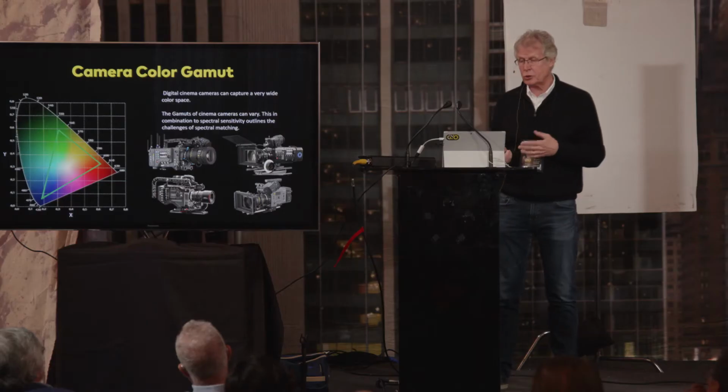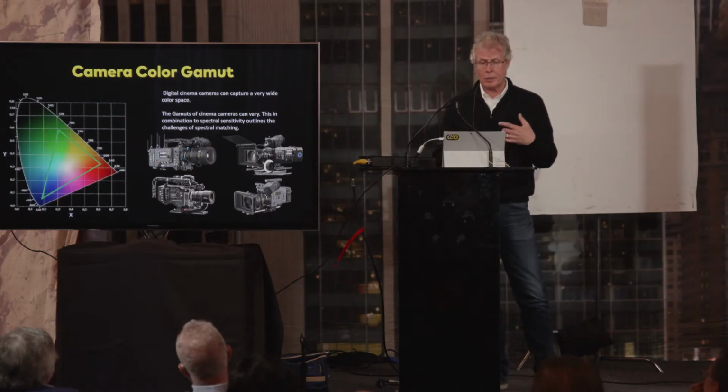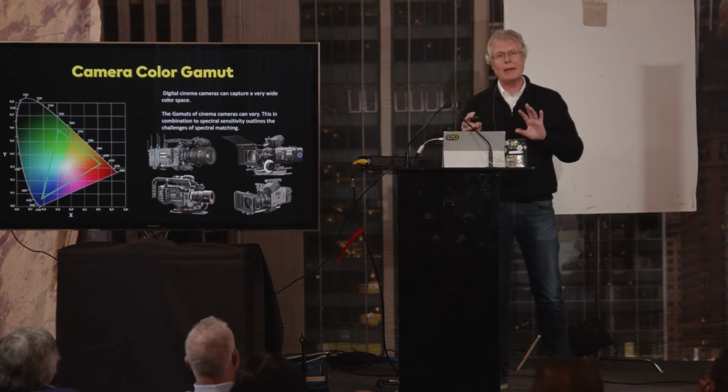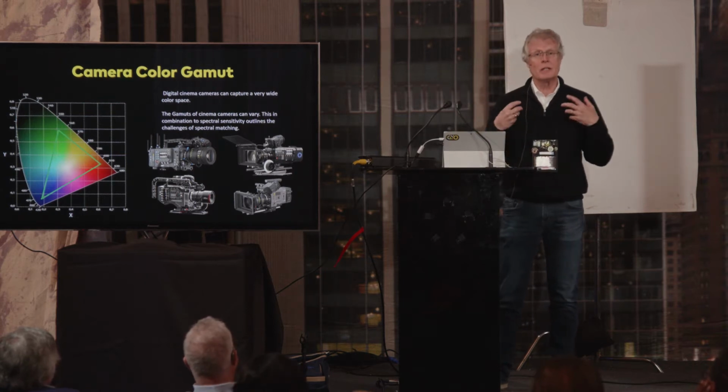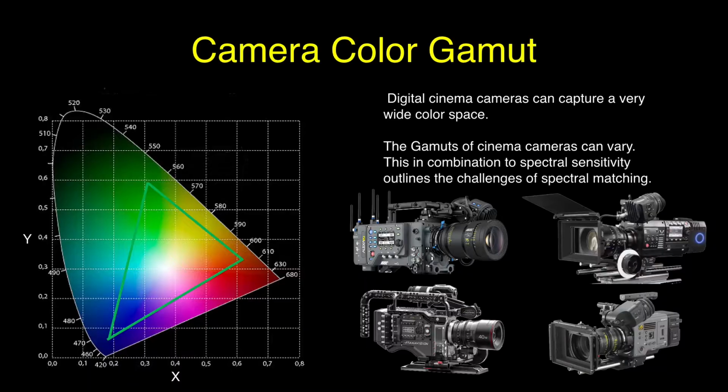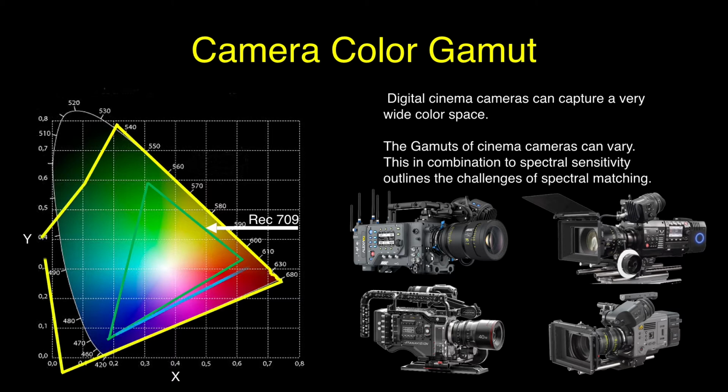So we've modeled about 16 cinema cameras, and of the 4 that we have displayed here, I'll show you what those gamuts look like. Now remember, this does not make a camera better or worse, but these are differences in these cameras. So there's 709, and there it goes. So this is one camera, the next. You can see right there the differences in how these various cameras see light